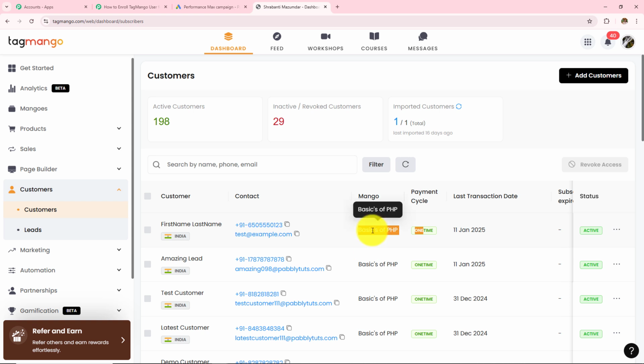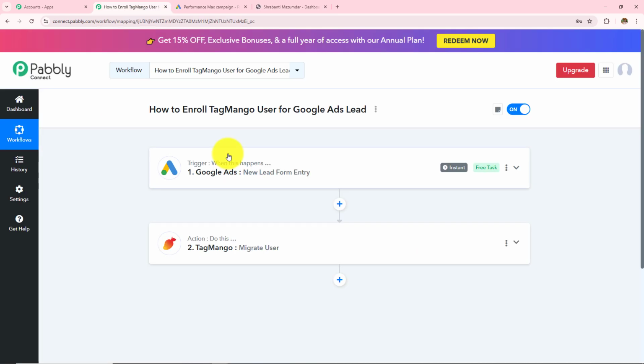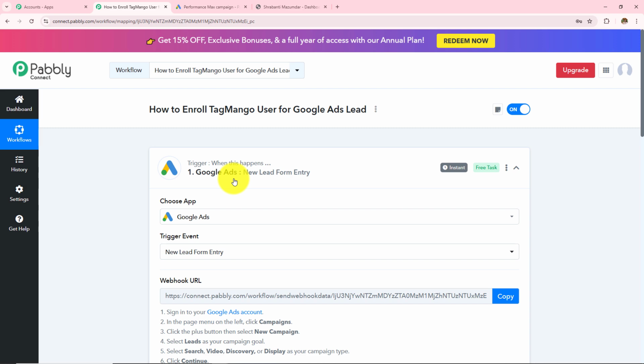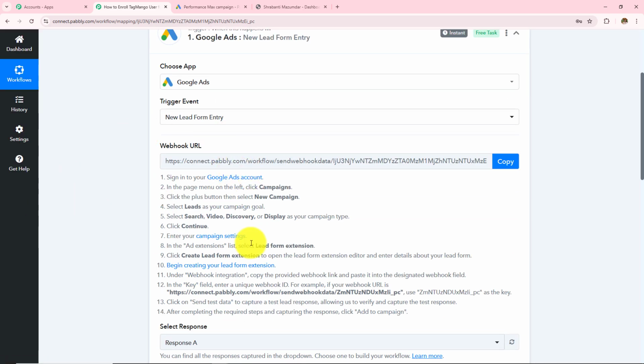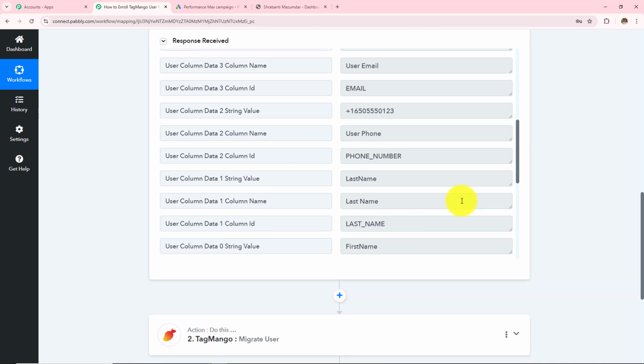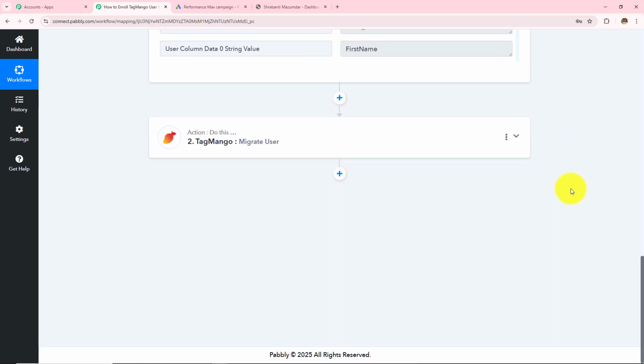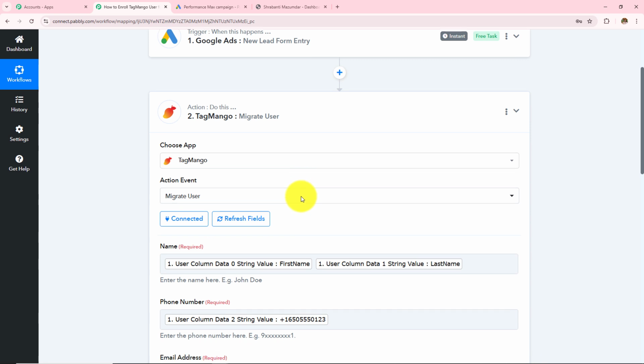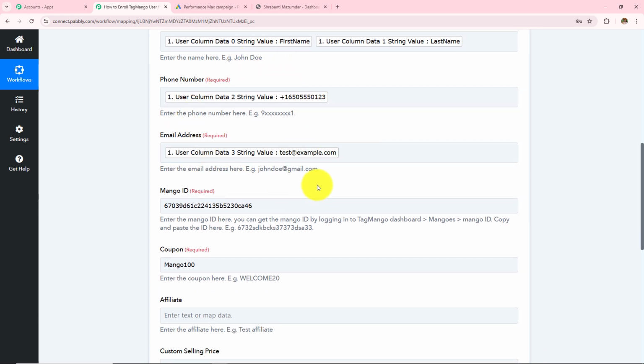So now to summarize, we took Google Ads as a trigger application where we made connection with Pabbly Connect with the help of this webhook URL. We sent the test data from Google Ads and received the response here in this workflow. Then we moved to the next step where we wanted to enroll the user in my Tag Mango. So I took Tag Mango as my action application, made connection with Pabbly Connect, entered all these details with the